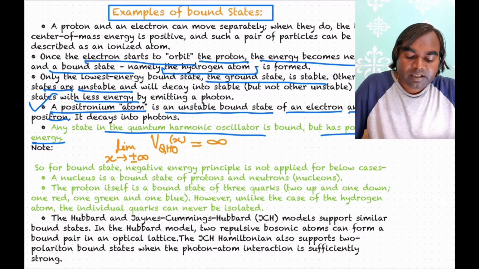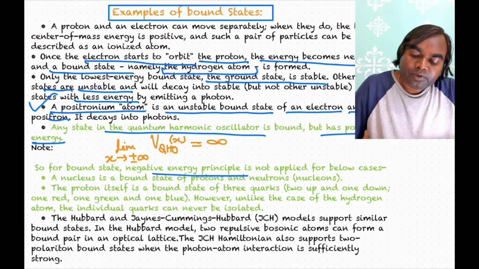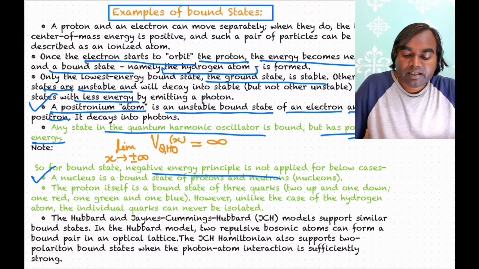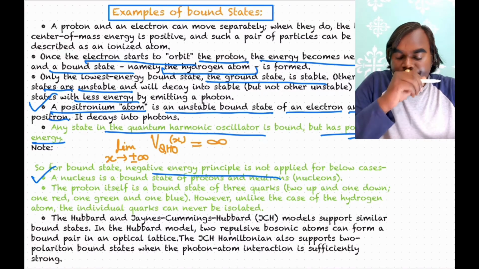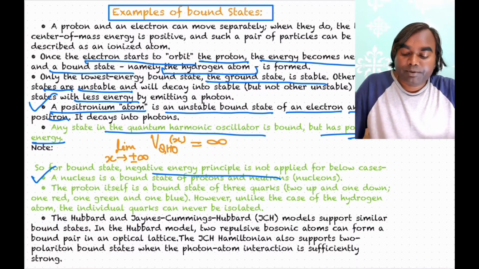That means the negative energy principle for a bound state is not applied when the quantum harmonic oscillator energy has a positive value. Such systems are like a nucleus, which is a bound state